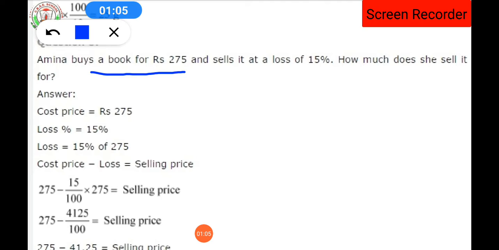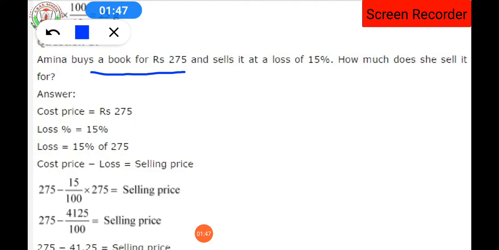That means if she has the cost price as 275, she purchased it for 275 rupees, उसने 275 रुपीज़ में परचेस किया और उसको उसने बेच दिया 200 रुपीज़ में, तो उसको लॉस हुआ ना. How much loss is it? That is 75 rupees loss. So that 75 is then converted into the form of a loss percent. It is considered as an example only. So how much does she sell it for? That means what we have to find out is the selling price. Clear everyone?